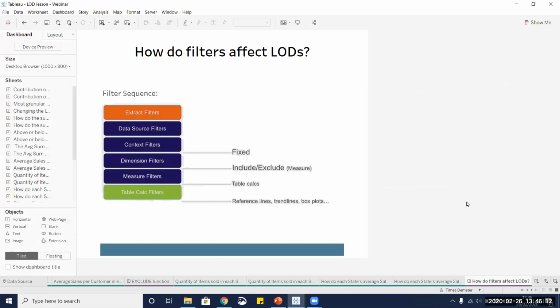Okay, there's one quite important aspect when we work with level of detail calculations, because when we send requests to Tableau, Tableau cannot do absolutely everything at once. So this is why we have the order of operations, and Tableau will perform specific operations in a specific order. And this is quite important because, as you can see the sequence here,